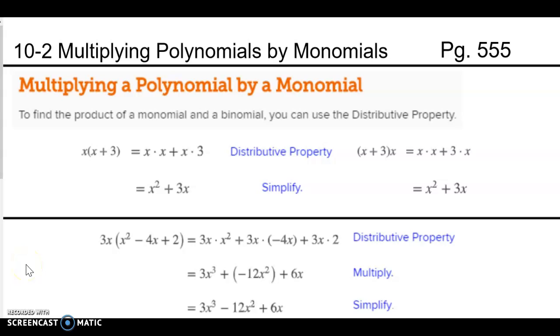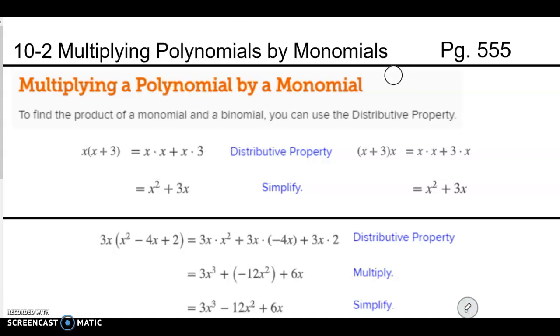Hello students, today we're looking at 10.2, multiplying polynomials by monomials. Today we are essentially revisiting the distributive property. There are just going to be variables involved throughout. So if you recall the distributive property, we were seeing things like,